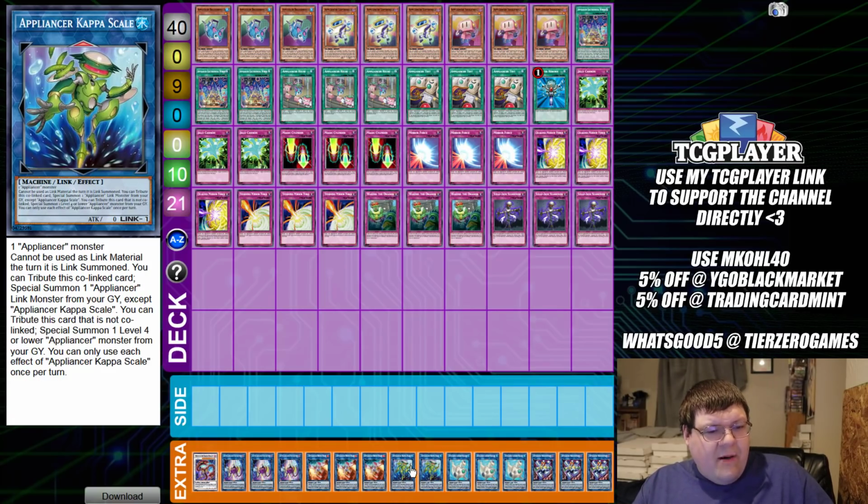We also have two copies of the Kappa Scale. Cannot be used as link material, turn it link summoned. You tribute this co-linked card, special summon an Appliance or link monster from your graveyard. So it's actually self-replacement. Alright, and then you tribute this card that is not co-linked, special summon a level 4 or lower Appliance monster from our graveyard. So if it's not actually plugged in, we can just...